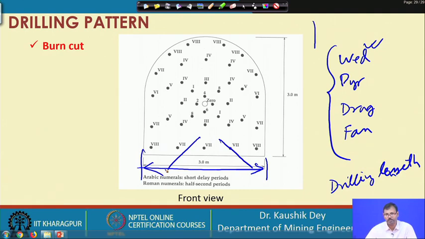So, main portion of the cross sectional area is basically taken by the formation of wedge, that is why these drilling lengths, or the advance lengths are basically restricted.